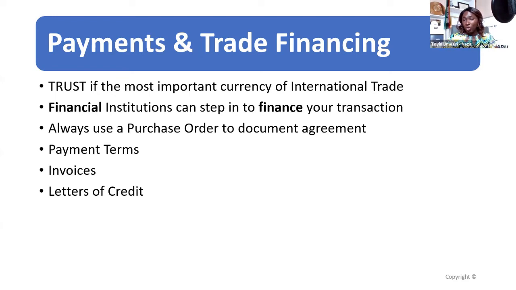Always use a PO document. A lot of times I also want to encourage my membership: if you want to buy something from Africa, use instruments like request for quotation and request for information. Start using that type of language to say, I want to buy this. These are my criteria. It will really help those people on the continent to structure their own programs to meet your demands. So using those types of instruments, that's really the future, not just verbal.